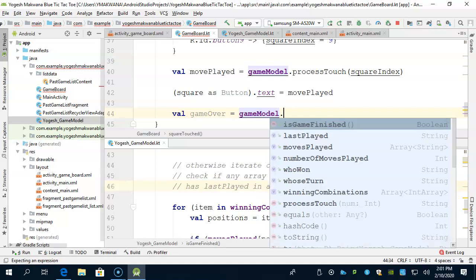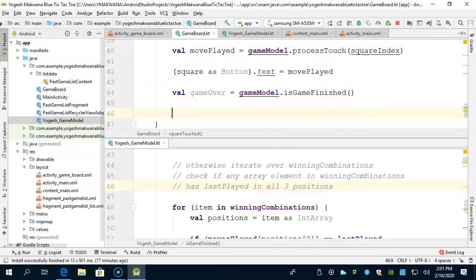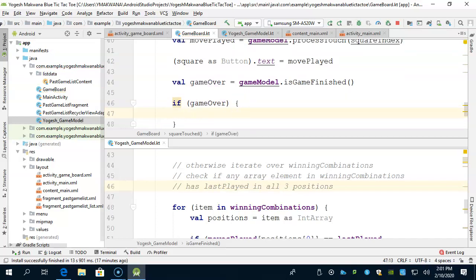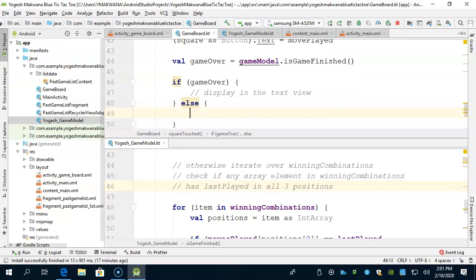We'll call it from the game model dot is game finished. If game over, actually, let's do one step at a time so it's easier to understand. If game is over, then display in the text view, else